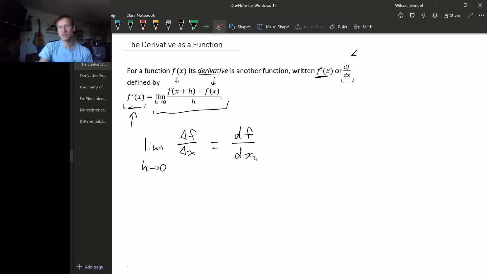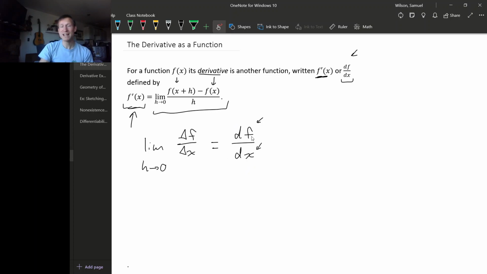So df over dx is the ratio of an infinitely small change in f to an infinitely small change in x. So you do have to keep in mind that df dx, this is a